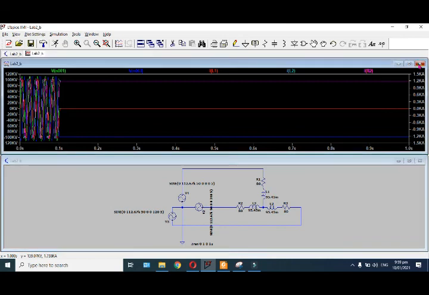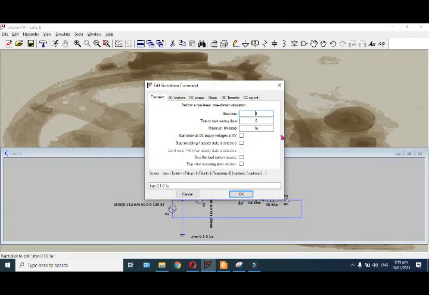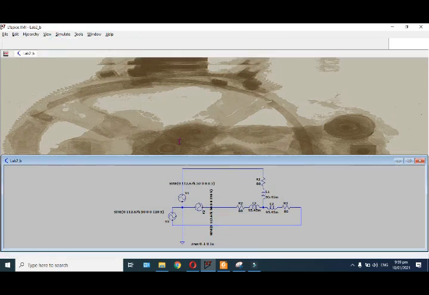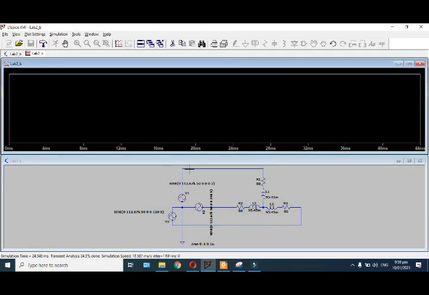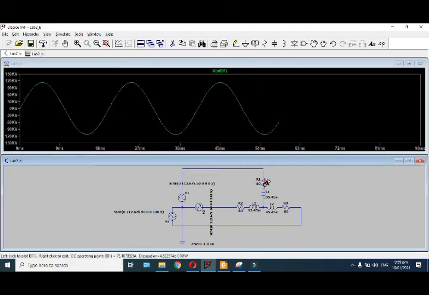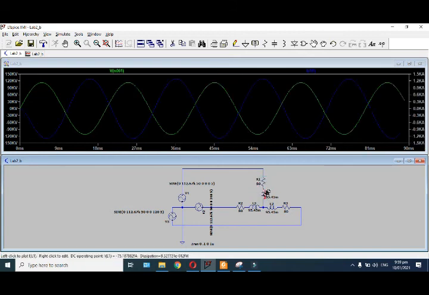It's totally dependent on the simulation time. Let's change the simulation time so that we have 5 simulation cycles. Run it again. We have reduced the time. So VA, this is the phase A voltage, and this is the phase A current, the inductor current.